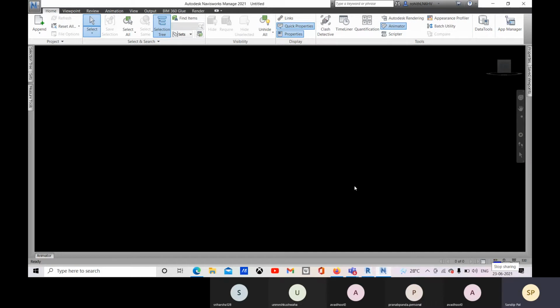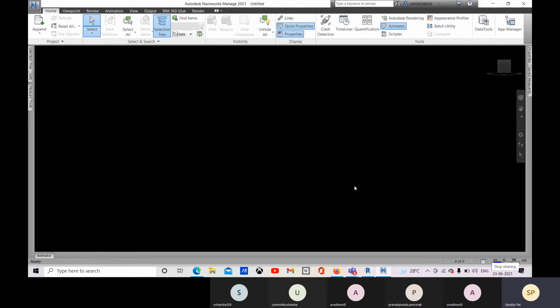So we will use Navisworks Manage, and Navisworks generates three different types of file. One is NWC, second is NWF, and third is NWD.